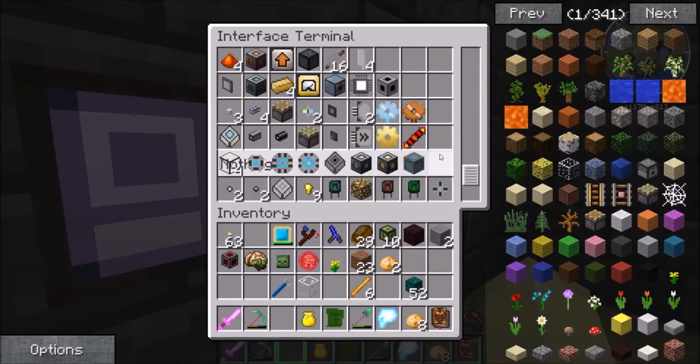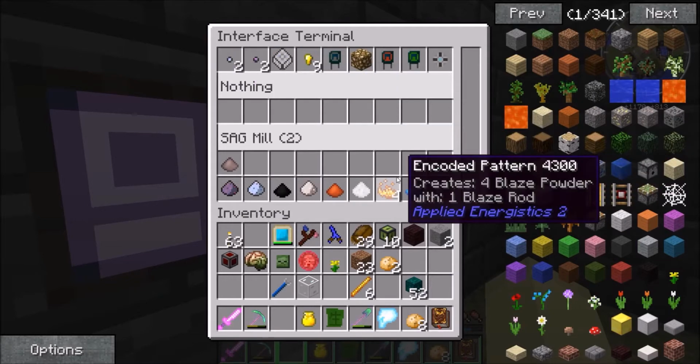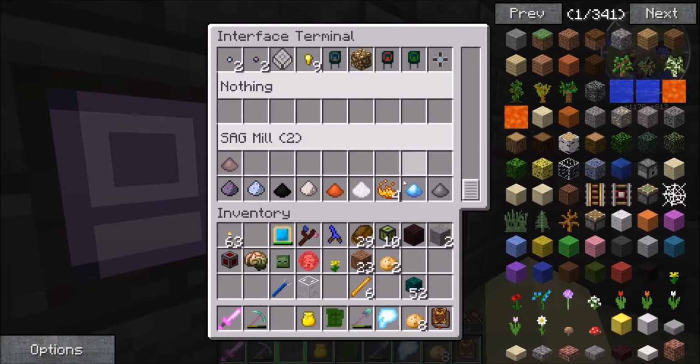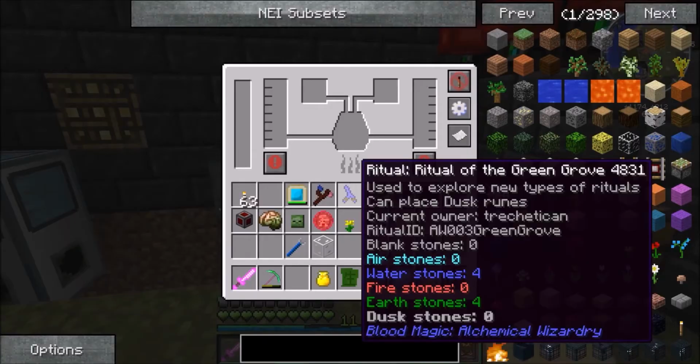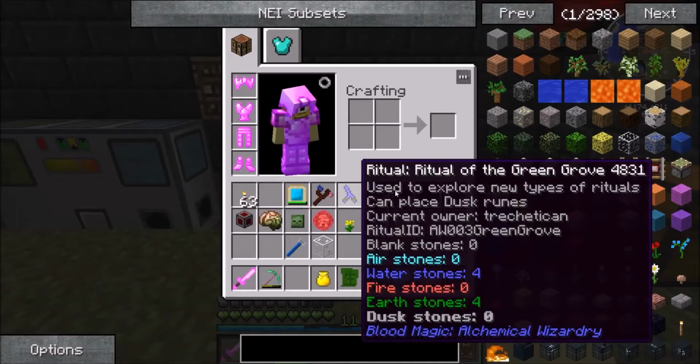Now I've got a blaze rod farm. Yes, you've got 4 blaze rods from the sag mill. Don't really know if I need that anymore. It does make 4 instead of 2. I'm going to keep that there, actually. I'm just going to keep that one there as well. You know, let it decide which one it wants to use itself. So next, we need to...